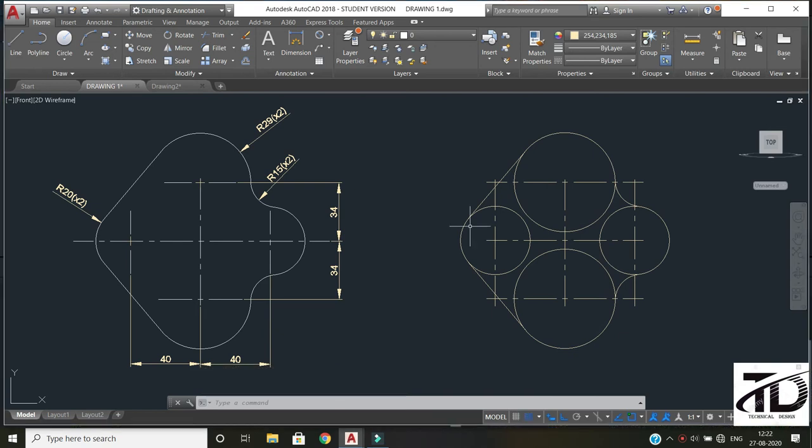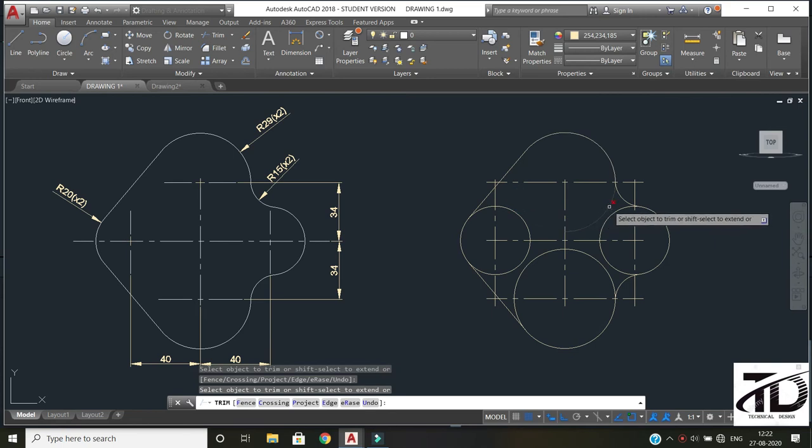So now our drawing is almost ready. Now we have to just trim the unwanted part of this drawing. So to trim, type TR, then press double enter. Then select the redundant part and trim them very carefully.